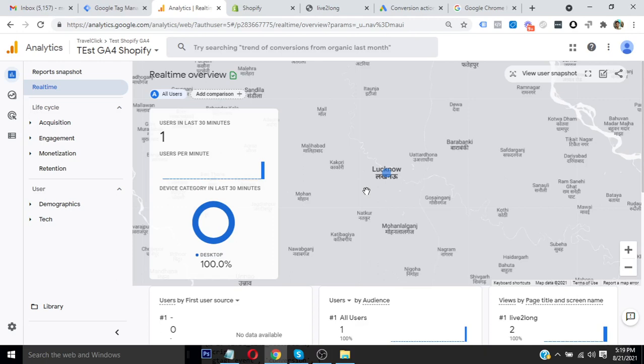And now we are going to explain how we can set this up via Google Tag Manager. This is also an important step, and the best way to manage your tags is through Google Tag Manager. So what we are now going to do is remove this code again and save this. You can create a Google Tag Manager account if you don't have one already, with the same email ID.